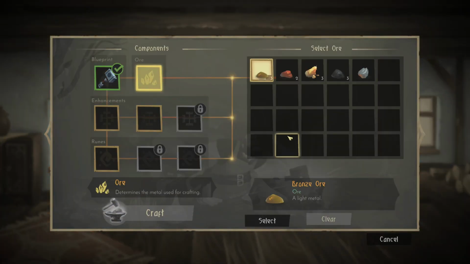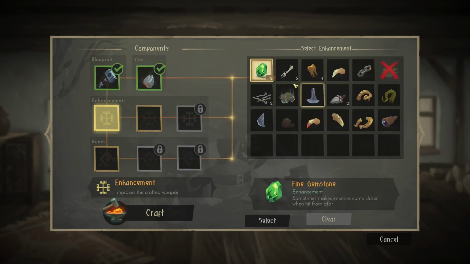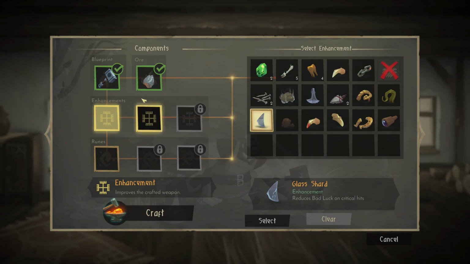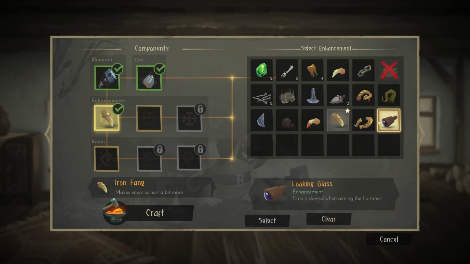I want to make a hammer and I want to make it silver. We found a silver stone last time and I really want to put it to good use. Are we gonna make this one? Let's see. I would really love to see how we can make this one, like cause lightning to strike